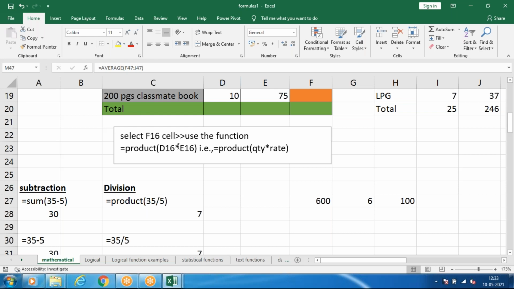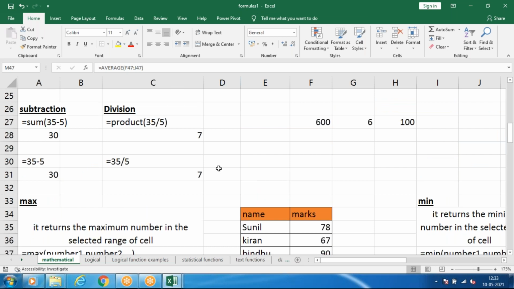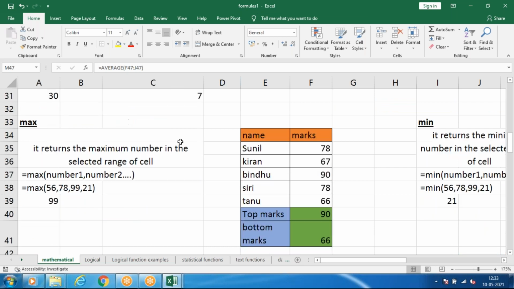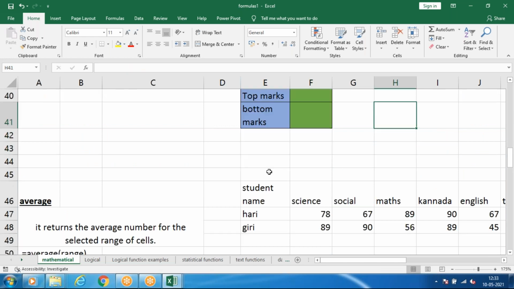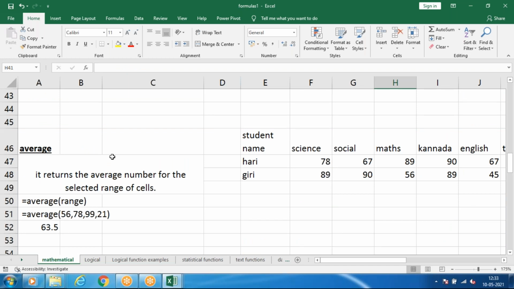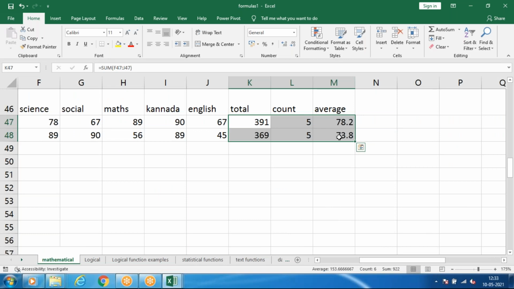For subtraction only, we have to do it for each one, right, sir? Okay. Then we'll delete this.